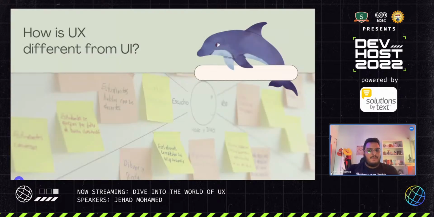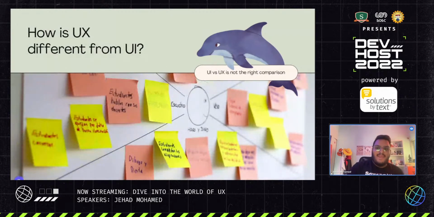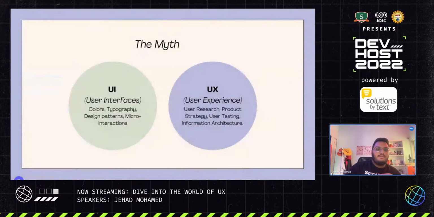effect standpoint. Now, there's a term, UI and UX, which people generally use together. And people generally have this presumption that UI, which is user interface, has to do with the colors of buttons, the typography. Typography means fonts, design patterns, animations of buttons. So if you consider things like text fields, next time you are on any UI screen or any app screen, when you click on anything, like a hover state or a click state, you'll notice there are minor animations and things like that. Like maybe the text is moving or maybe the color changes. So these small animations also come as a part of micro interactions. All this comes in under UI,